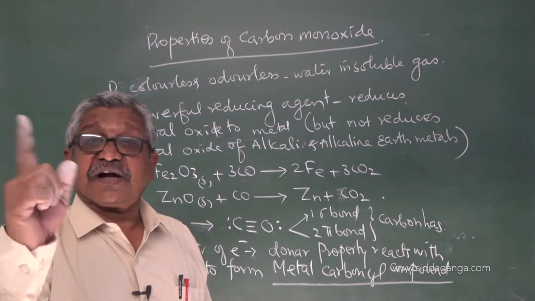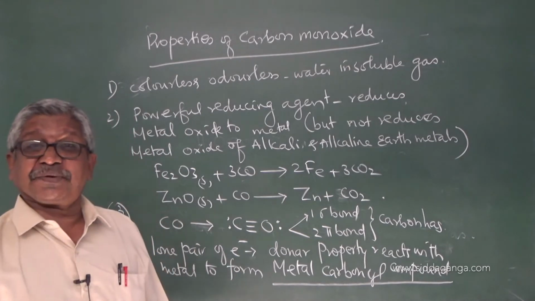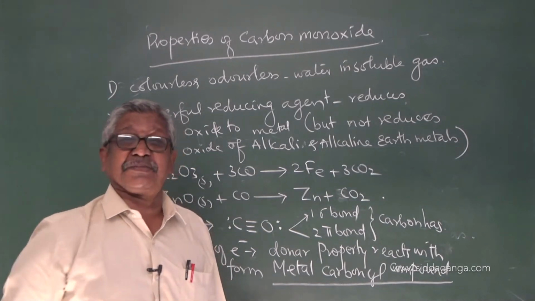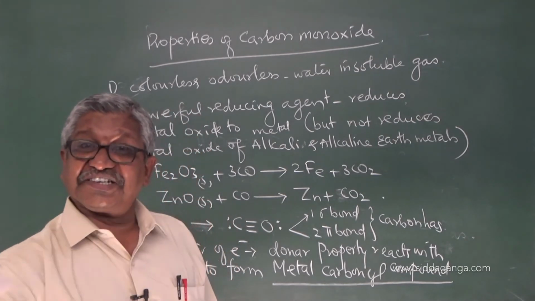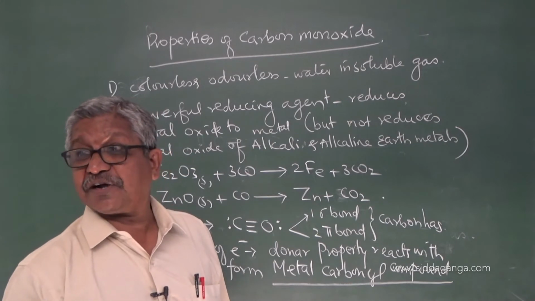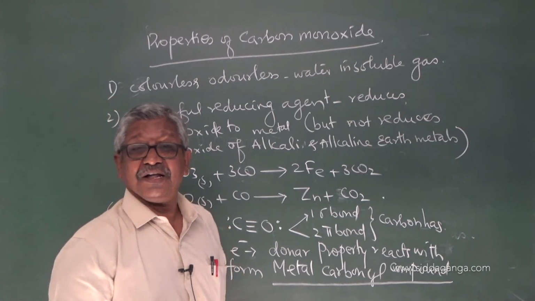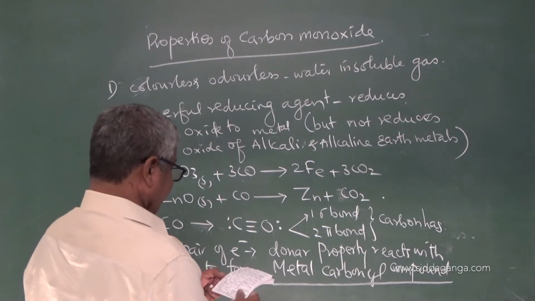Because carbon has one lone pair of electrons, that lone pair is donated to the metal. Then the metal and carbon monoxide react, forming metal carbonyl compounds. So now